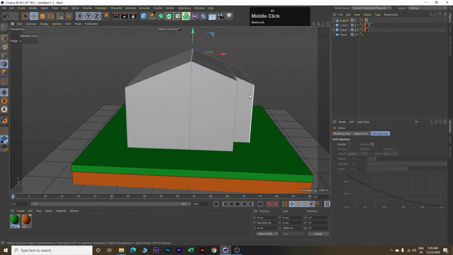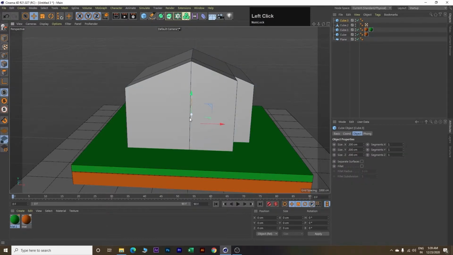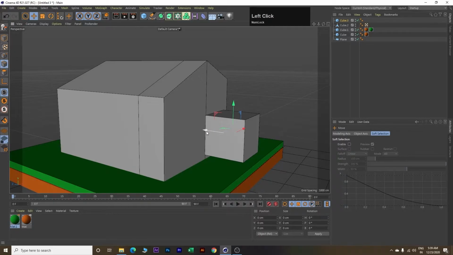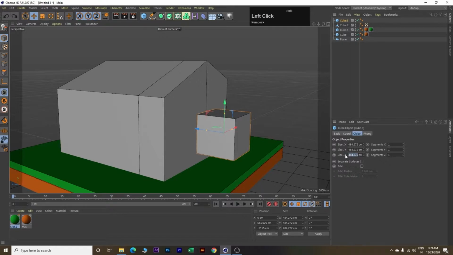So let's zoom in, insert a cube, bring it upward. Now click T on your keyboard and resize this cube. Click E, move it upward. Let's place it properly here. Now we will resize this. So click on this cube, click on model, and here click on Z and make it 100. Perfect.